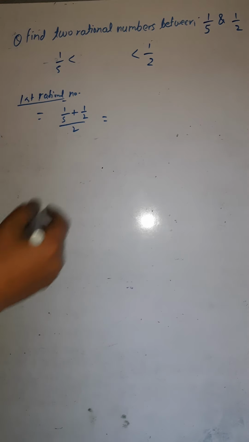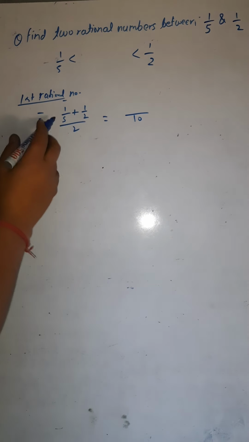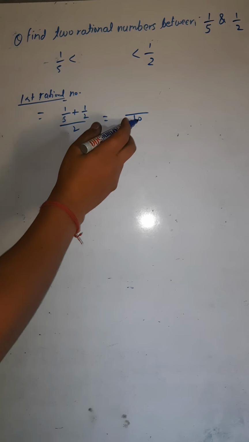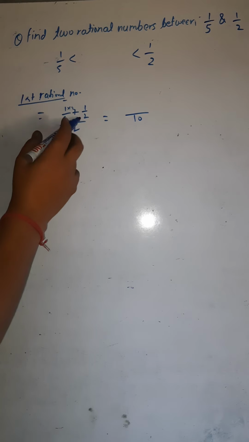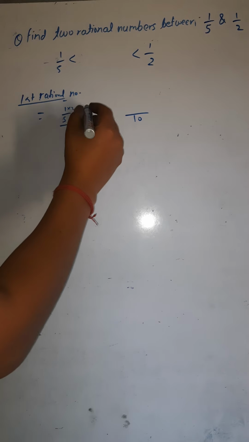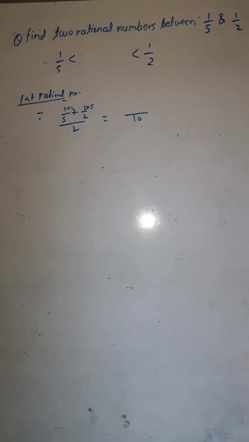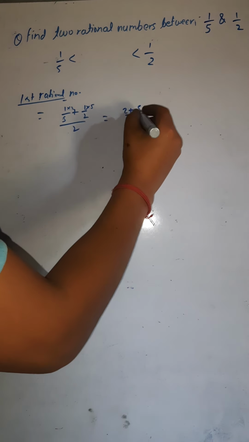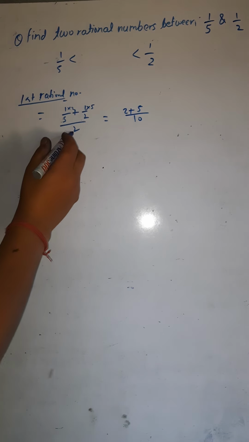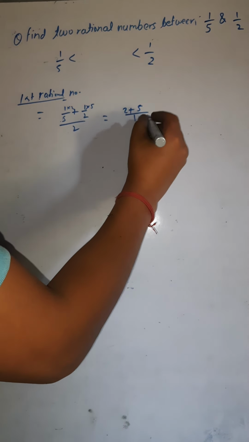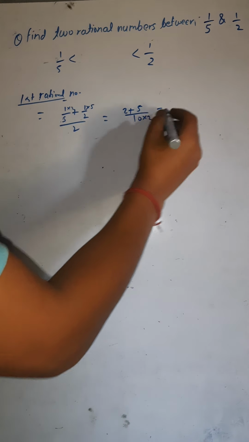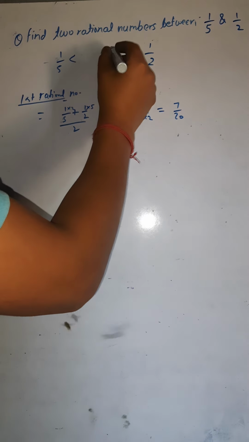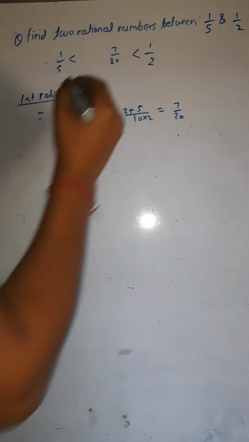5 and 2, the LCM is 10. So now divide the LCM by both the denominators. 5 times 2 is 10, 2 times going, so you multiply 2 upside here. Now by this 2, 5 times 2 is 10, this 5 you would be multiplying here. So the answer would be 2 times 1 is 2 plus 5 times 1 is 5, divided by 10. And this 2, what about this 2? This 2 would be multiplying here to 10. So the answer would be how much? 5 plus 2, 7 by 10 times 2 is 20. So the first rational number we have found is 7 by 20.